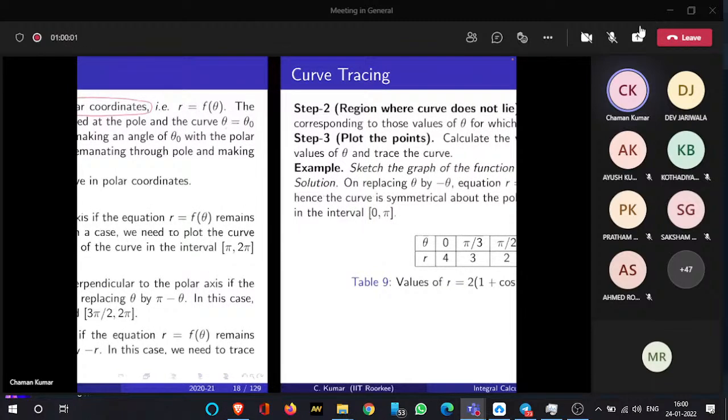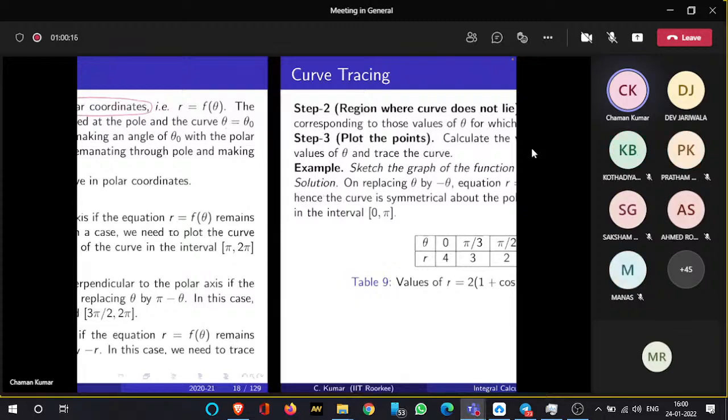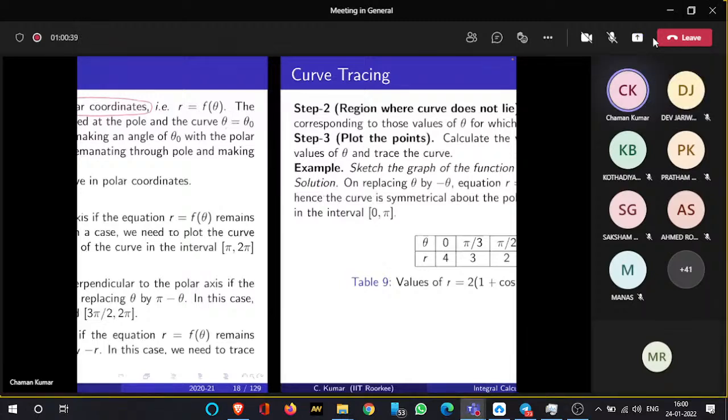Sir, can we write r as square root of x square plus y square? You can write it. You can convert this to rectangular coordinates, no problem with that, and then apply the rectangular coordinate procedure to trace the curve. And for theta, what do we use? Tan inverse y by x. Okay, sir, thank you. Fine. But usually polar coordinates are used when it is difficult to apply